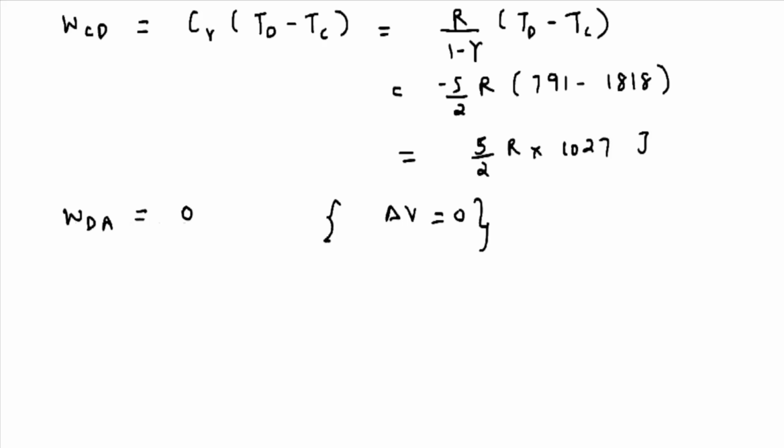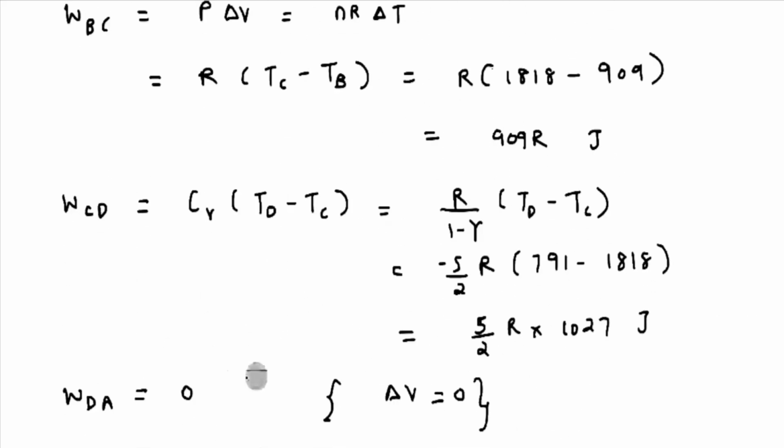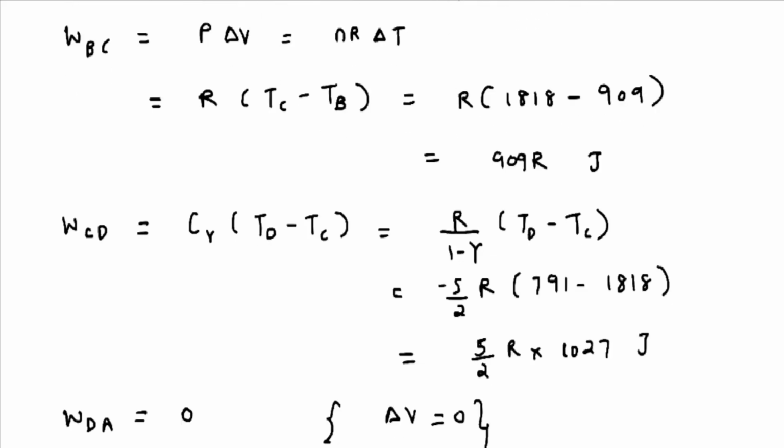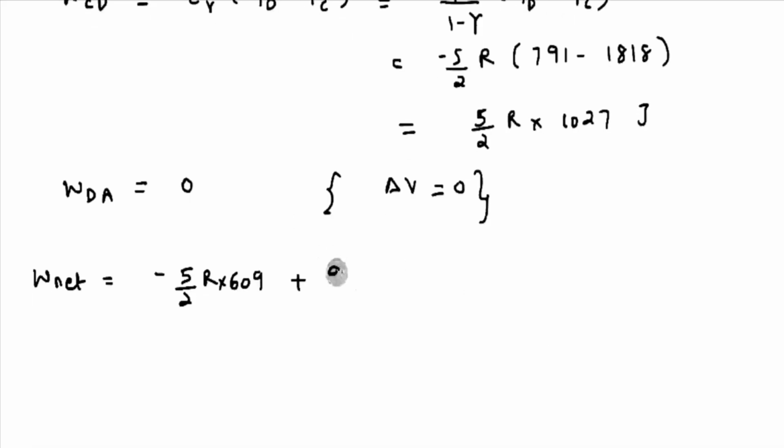Therefore now we can write the net work done as WAB equals minus 5 by 2 R 609, minus of pi by 2 R into 609, plus of A2B B2C is 909 R 909 R, and plus of this is pi by 2 R into 1027. So solving this value we will get